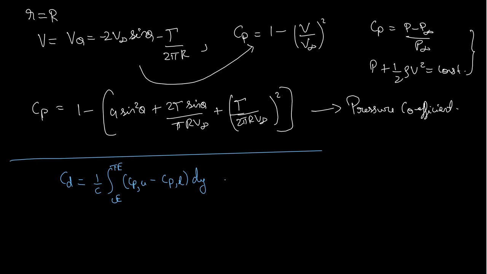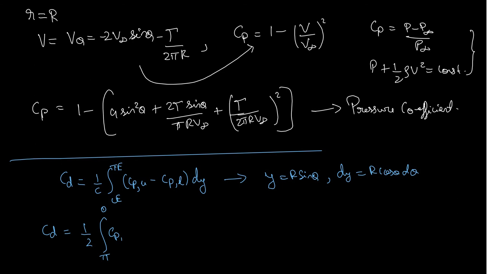So let's try to convert this to polar coordinates. We can assume y equals r sin theta just to make things easier, and dy equals r cos theta d theta, and we have Cd equals half. Since we calculate the upper surface and lower surface individually, we can say the upper surface runs from 0 to pi and the lower surface runs from pi to 2 pi. That's in the clockwise direction. So to take it in the positive sense, we take it in the anti-clockwise direction. So we take it from pi to 0,